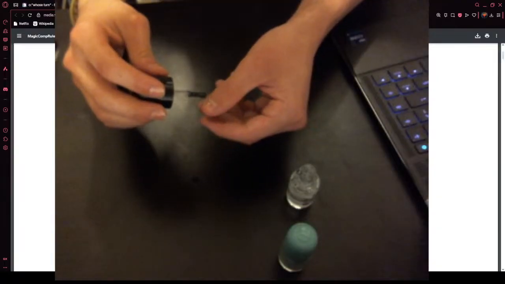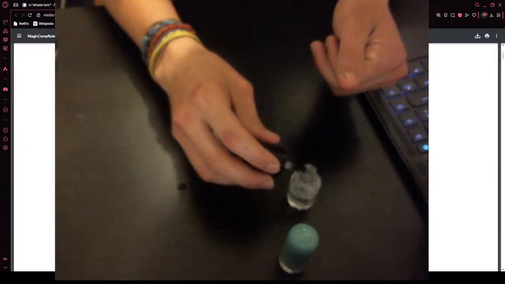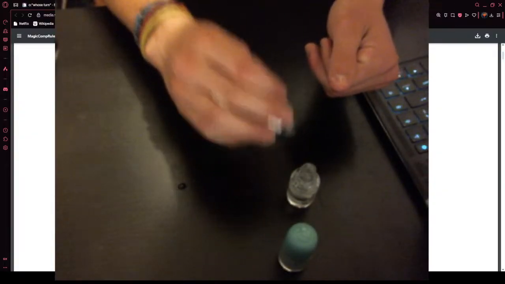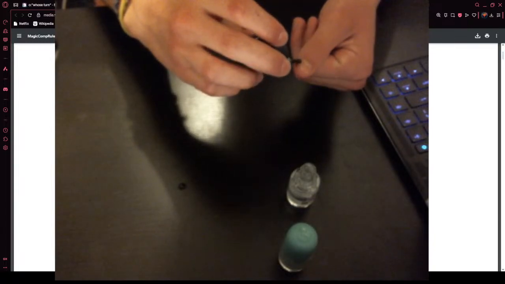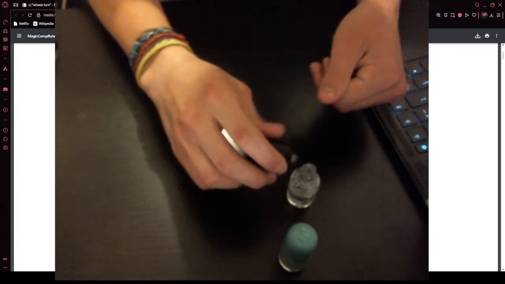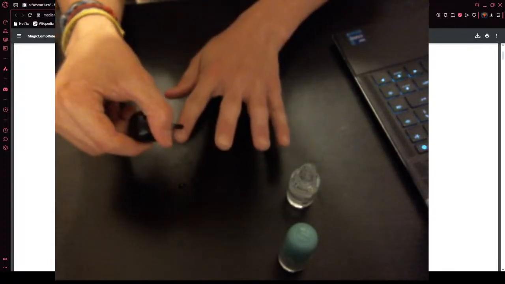What's nail polish made of? Because that is now on my desk. That was like way too much. We can share. I can share this between my other fingers.